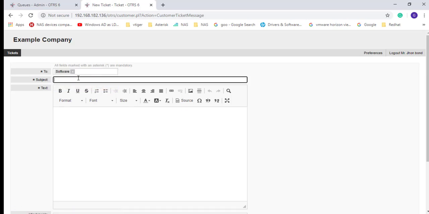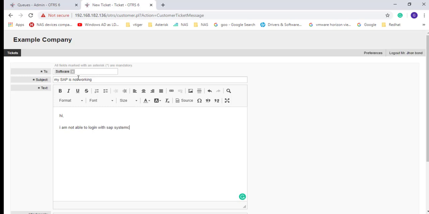So let's create one call related to hardware software. SAP is not working. I am not able to log in with the SAP system.